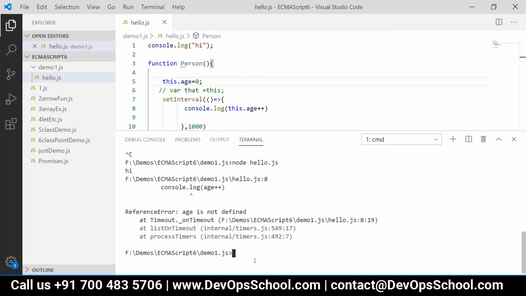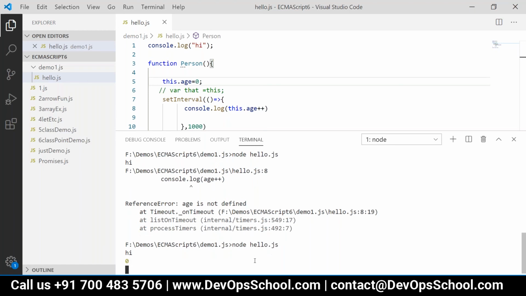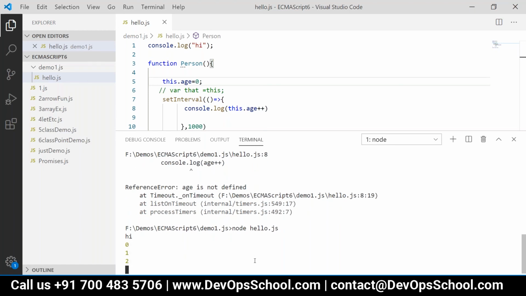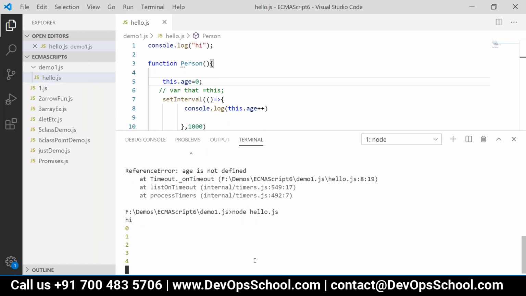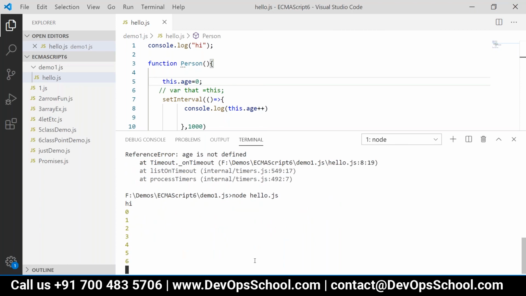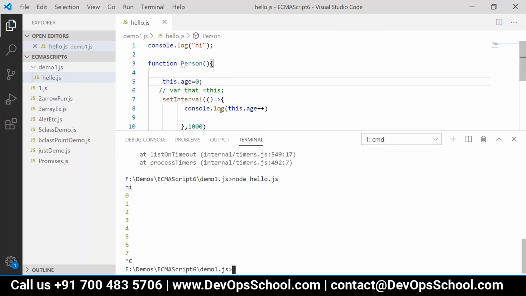It is saying age is not defined because I have not written this dot age, right? Why can I use this here and it works? Because arrow function will not have its own this.